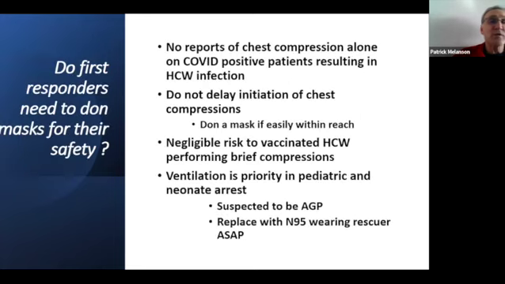The second question is, do first responders need to don masks for their safety? So again, no reports of chest compression alone on COVID positive patients resulting in healthcare worker infection, and do not delay initiation of chest compressions. There's a negligible risk to vaccinated healthcare workers performing brief compressions. However, again,